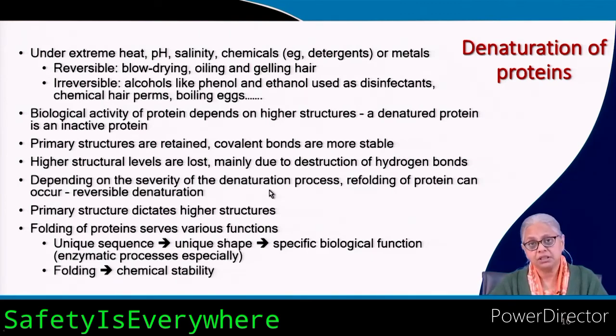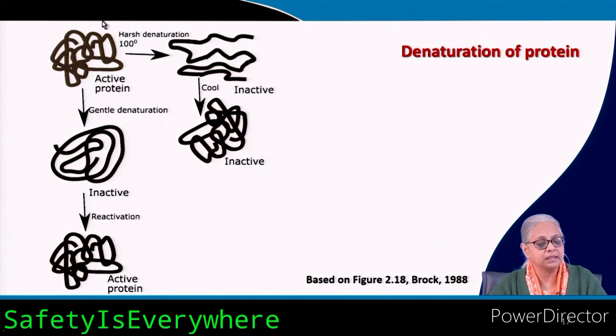Depending on the severity of the denaturation process, you can cause refolding. So like I said, your hair is the best example of reversible as well as irreversible changes in the structure of the protein, that's keratin. Let me just show you an example. So let's say you have an active protein, it's folded in a particular form, and if you boil it, which is considered harsh denaturation, you will get the primary structure that will be retained, but when it cools down, it will not come back to this particular folded form,